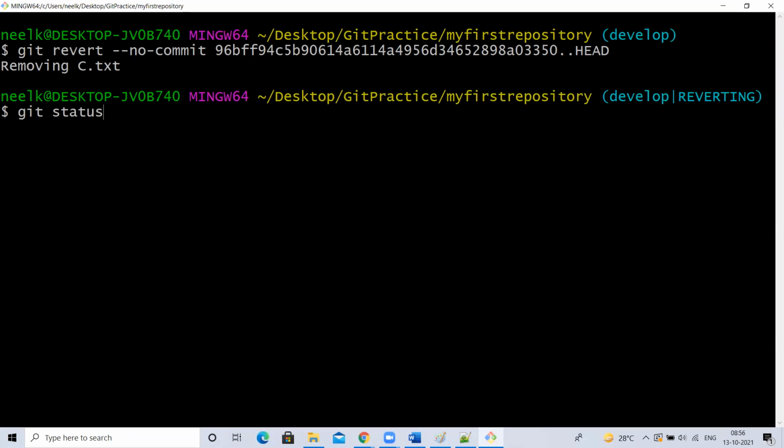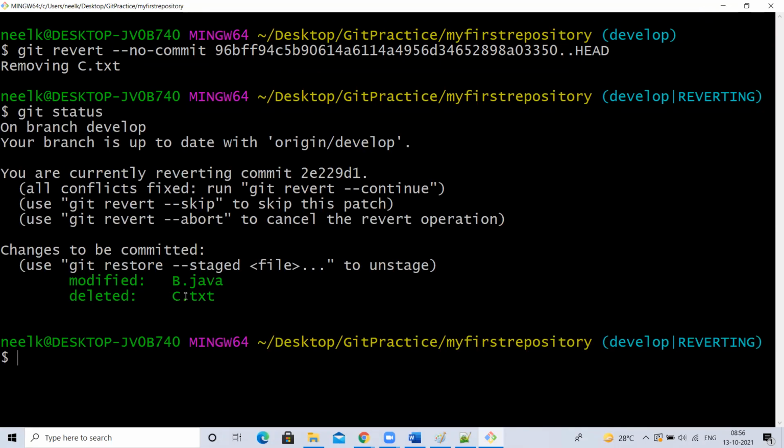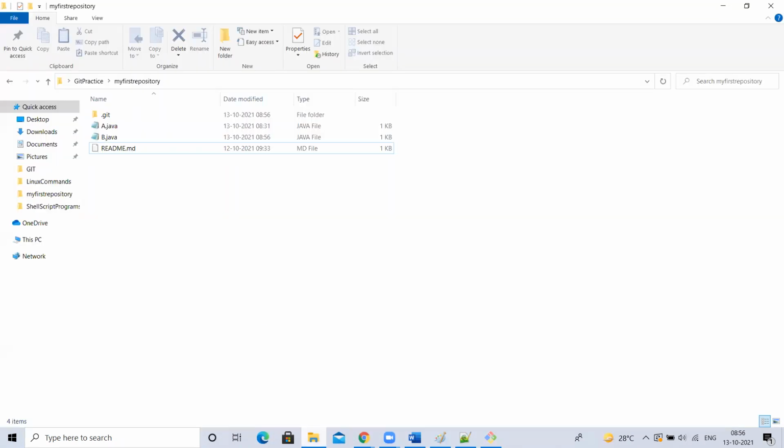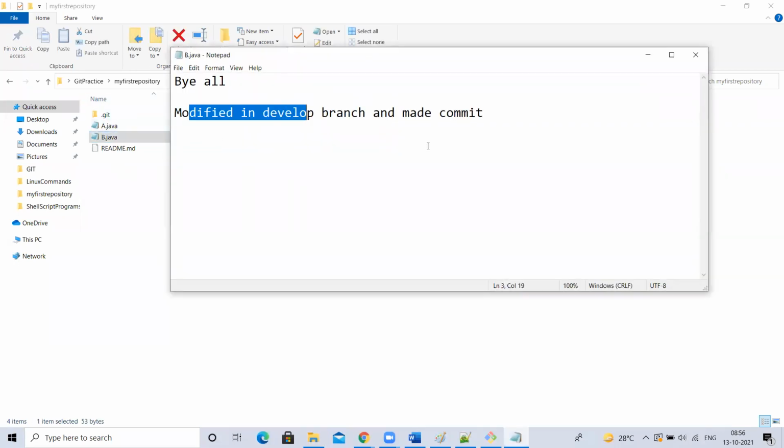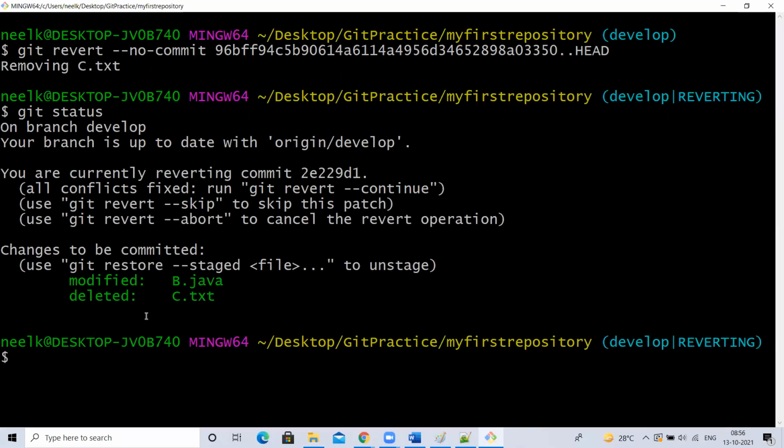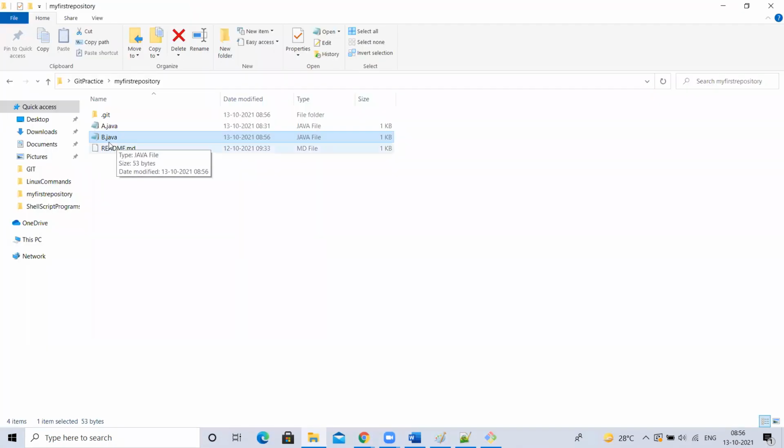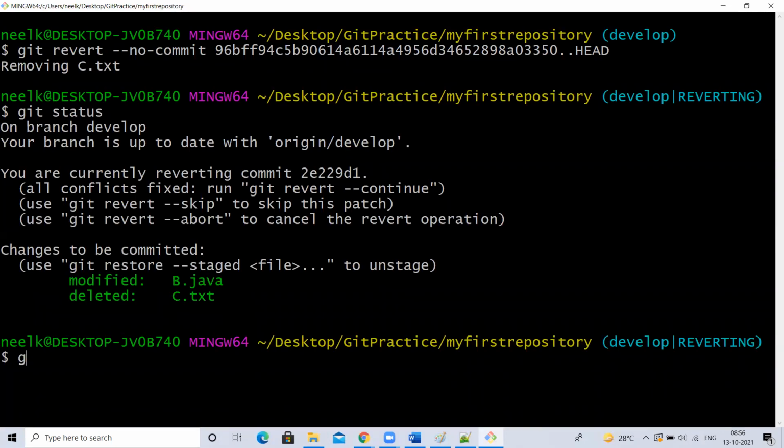If I type git status, right? See this. This has been showing as modified files. This has been deleted. If I go here, c.txt is gone. In that b.txt, the test is gone. The test, whatever I wrote. See, it deleted that c.txt and also it modified that b.txt. There was a test, some content I added, right? That has been removed, right? Now I want to commit the changes. See, have you understood that? Have you understood that it has done that undo for that commit ID?